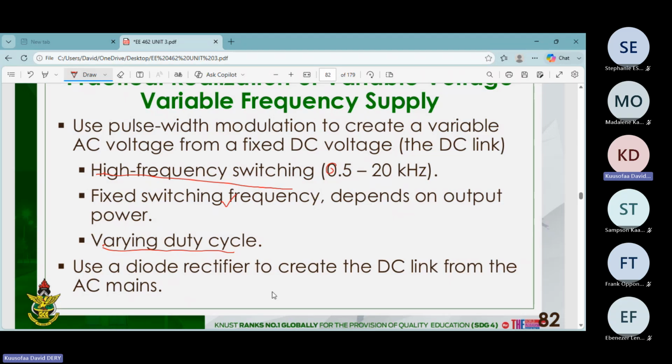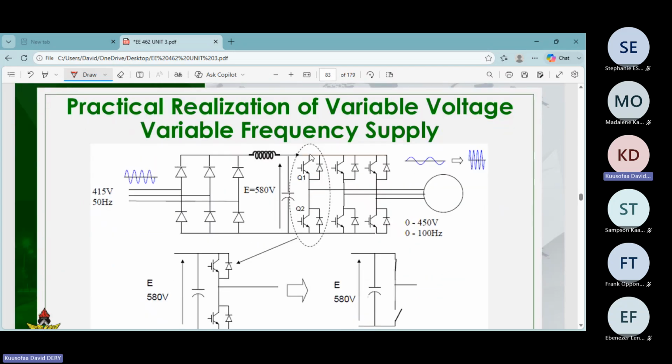So you use a diode rectifier to create a DC link from the AC mains. This one is an uncontrolled rectifier. You take the AC, rectify it to DC, and invert the DC to get a variable AC voltage and variable frequency. Practically, this is what it looks like. This portion is the diode rectifier, so you take your mains and convert it to